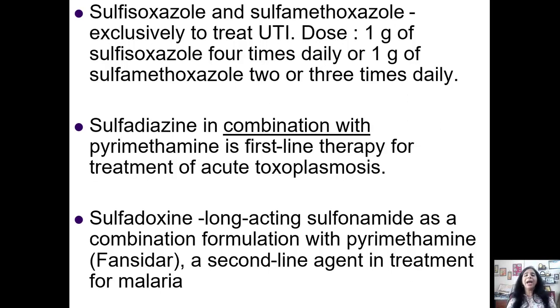So if you gather the uses of sulfonamide, they are used alone only for urinary tract infection. And sulfadiazine, which is a shorter acting sulfonamide, in combination with pyrimethamine for acute toxoplasmosis, sulfadoxine with pyrimethamine again for the treatment of malaria. We are yet to read sulfamethoxazole and trimethoprim, which is an antibacterial combination. These are all the combinations which are meant to eradicate the protozoal species, both toxoplasma as well as malaria. We will be taking that up later, but you should know the examples of sequential block.